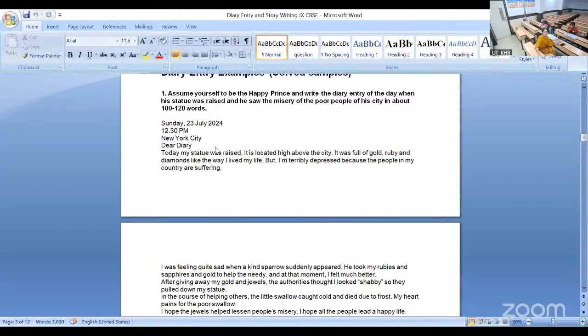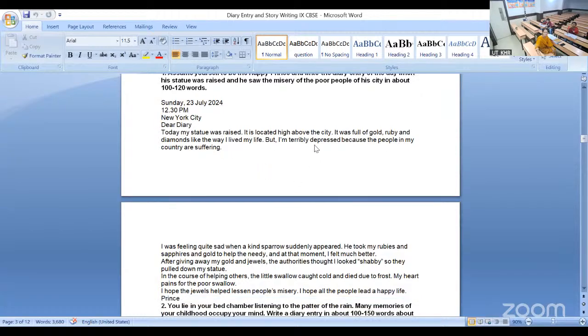Okay. Then: Dear diary, today my statue was raised. It is located high above the city. It was full of gold, ruby, and diamonds, like the way I lived my life. But I'm terribly depressed because the people in my country are suffering. So from the top, I could see the scene of the city. So what I saw, I felt, it will be in which tense? Past tense. So what I felt before,